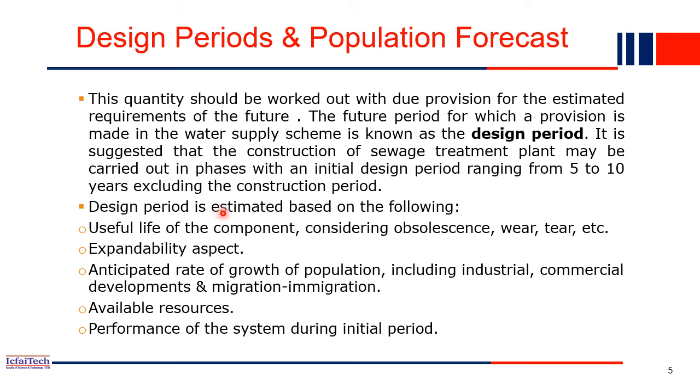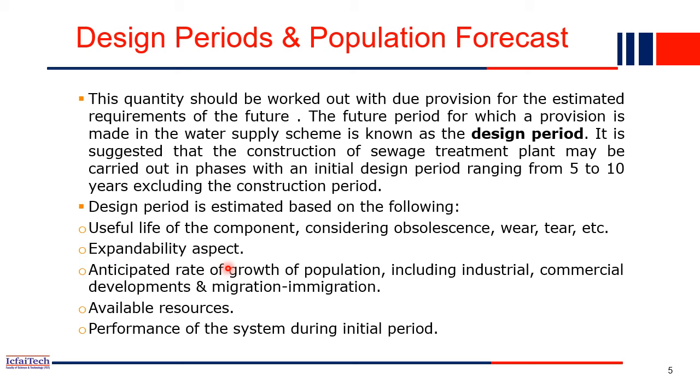So the design period estimation is based on the following factors. Basically, we can choose what could be the design period for the wastewater treatment plant. First, the useful life of the components, right? Each part, like the wastewater we are collecting through the pipes. What is the design period of the pipe? Maybe each pipe every 5 years you have to change the entire pipe system because of damage from corrosion and many things happening in the system. So for the components of the wastewater treatment plant, how much is the life of each component, and also where these things will be happening, right? That also has to be considered. So depending on that you can choose the design period.